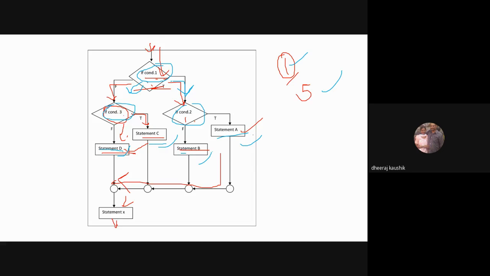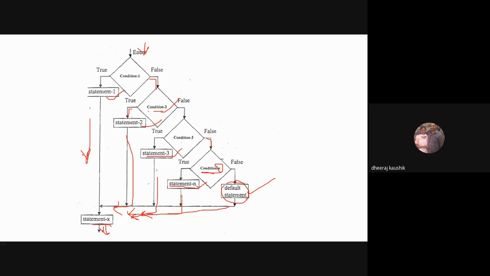So to select one statement out of these four, you used three loops here. And three loops is a lot of time and a lot of coding, so it is generally advised that you use a switch statement. And coming to the else if ladder, to select one statement out of n statements, you are checking the condition n times, right?